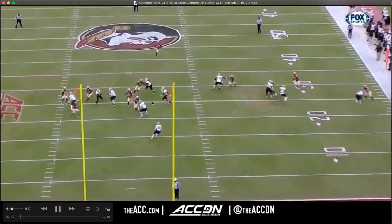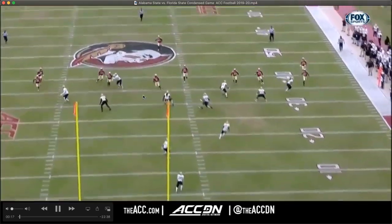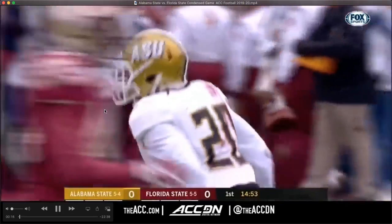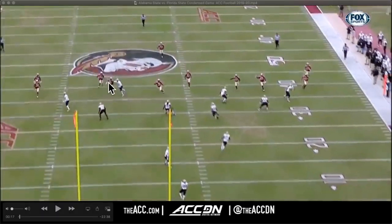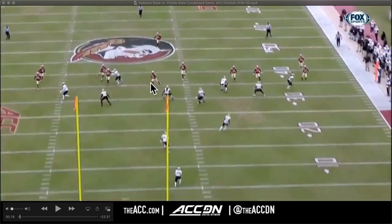Right here, running around from those two guys in the middle. And this is fine because you're supposed to. This is an intentional twist here. That right there is intentional. You're supposed to have a little bit of a twist on, and that's going to get a little bit more space for how this is designed. So you're going to get him moving off of here, and the design is to get a free runner here. But what you're not supposed to get is, and this is fine for him here,